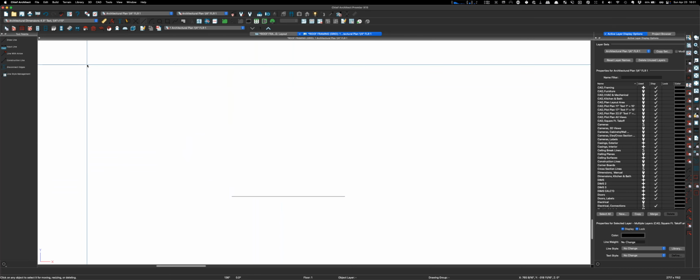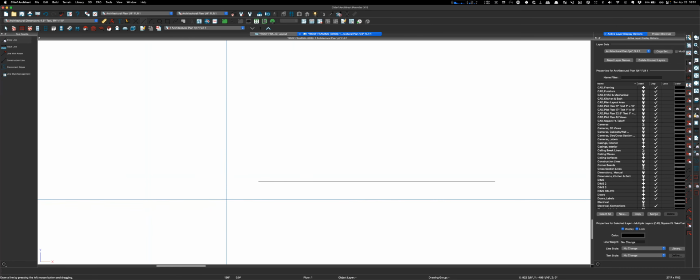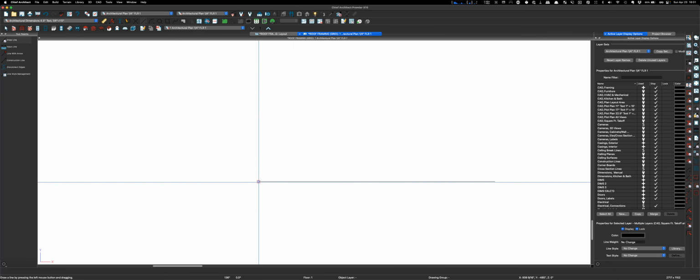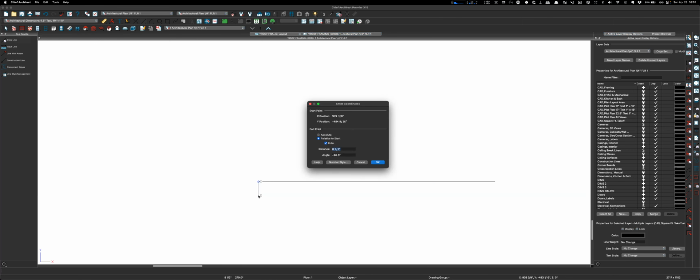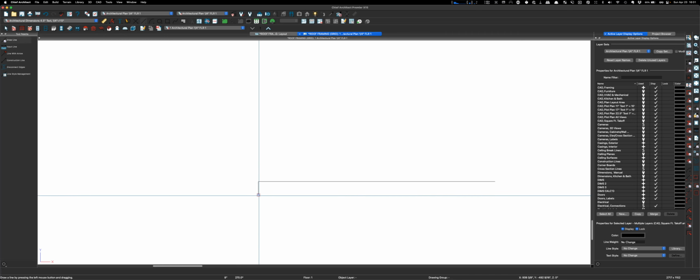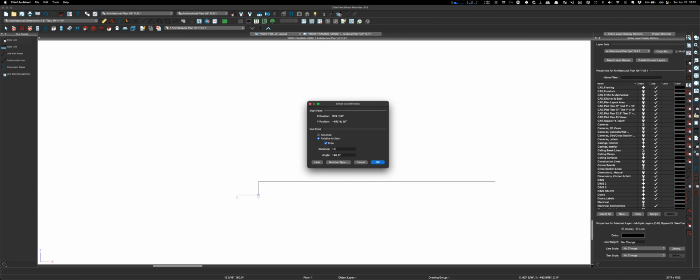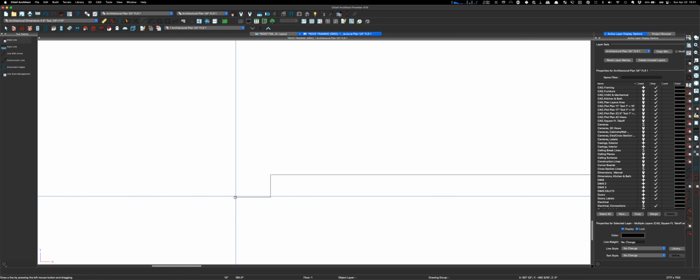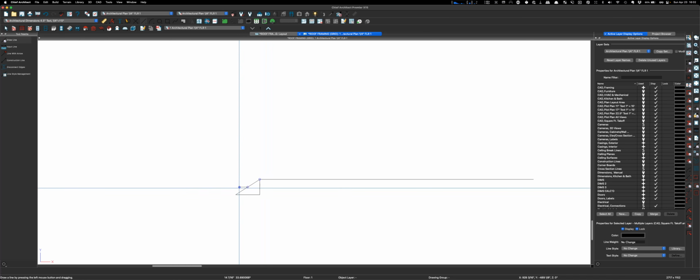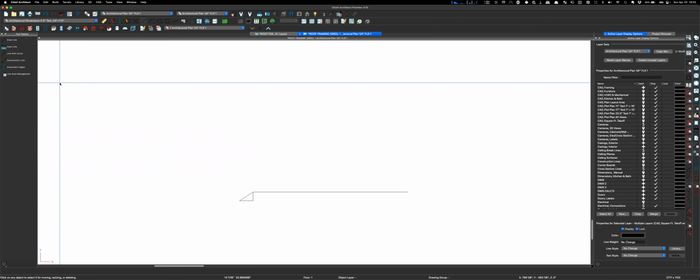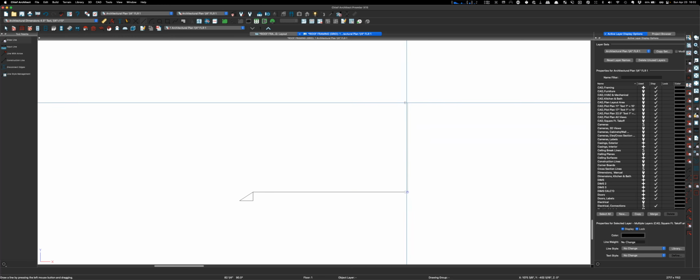And then I'm going to draw a line down, tab 8, and draw a line over, tab 12, and then draw a line to the top of this, and then I'm going to draw like this